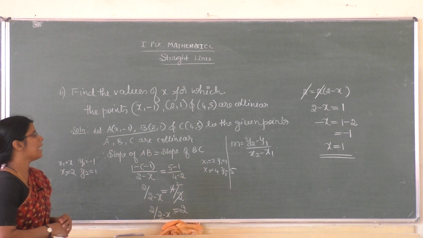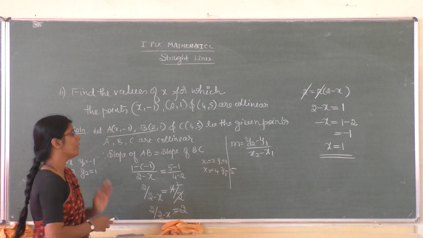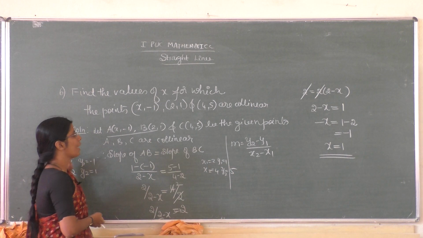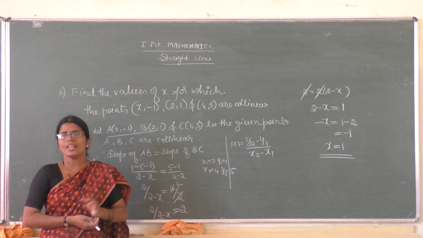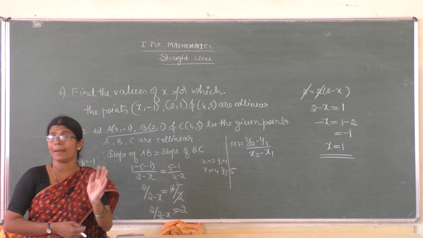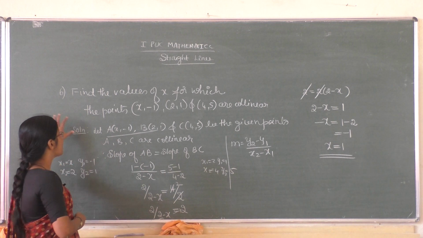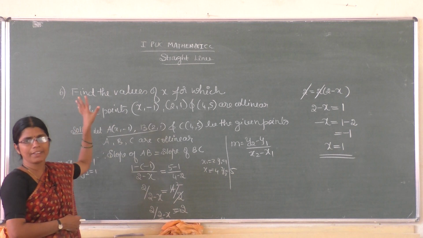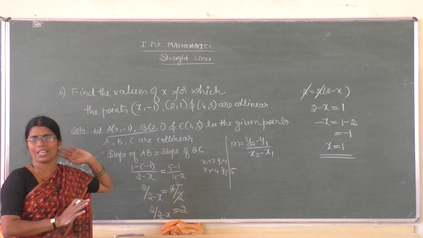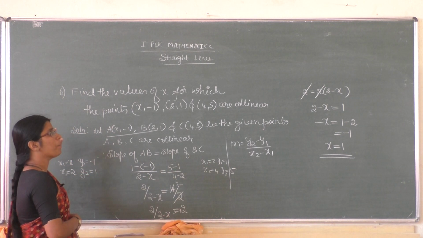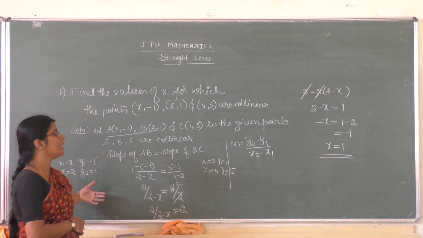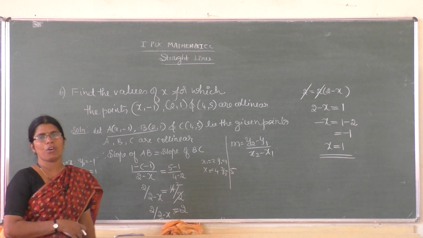So this is about some problems based on slope and some other formula. Here you can use the area of a triangle also. Always remember, they won't ask the method. Only when they ask for a derivation do you have to use the required form; what derivation they ask, you have to derive that only. But when the problem is asked and the method is not specified, you can use this one or you can directly use the area of a triangle.